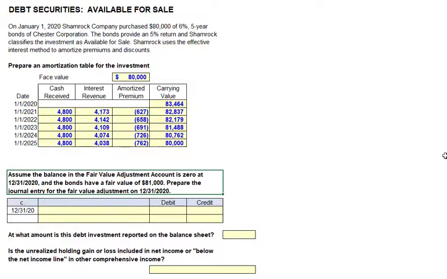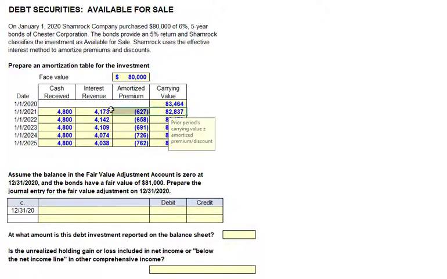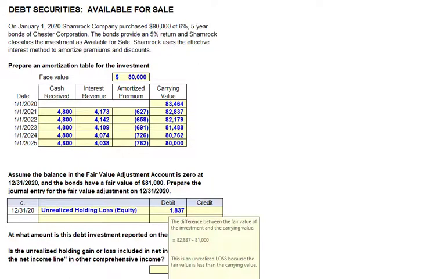We're told to assume our fair value adjustment account has a zero balance at 12/31/2020, and the bonds have a fair value of $81,000. We're going to have to make an adjustment because right now we're carrying them at their book value of $82,837. So what do we do? We don't reduce directly the carrying value of the bonds. In other words, we don't reduce the debt investment. Instead, we use what's going to be a contra account in this case, because it's going against the value. We're going to credit our fair value adjustment and record an unrealized holding loss because our bonds have decreased in value by